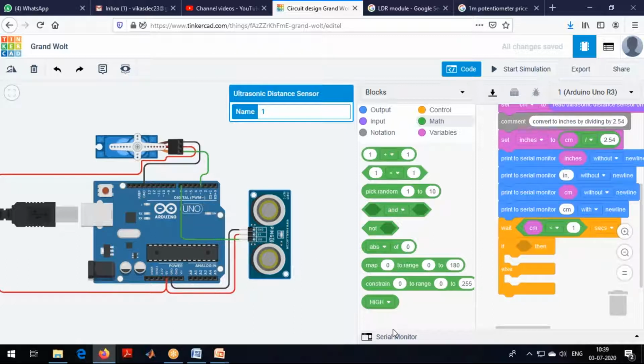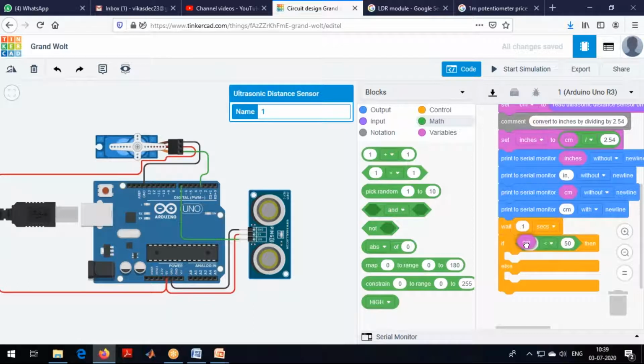Let's say if centimeter is less than 50, then I want to open the door.